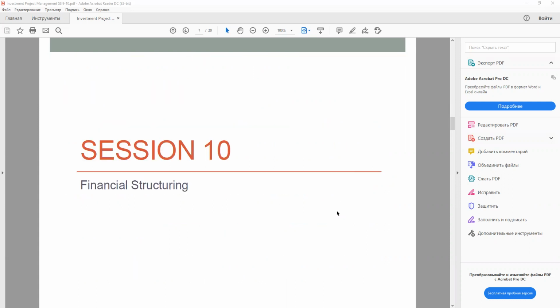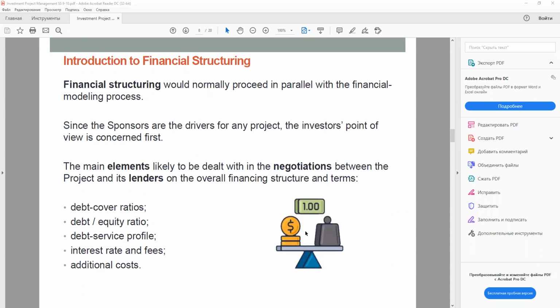And let us now proceed to a very lengthy and complex session about financial structuring. That is a core process you as financial analysts and financial professionals would probably be involved in too. So we'll examine some of the main financial structuring issues likely to arise when the commercial fundamentals and risks of the project have been reviewed.